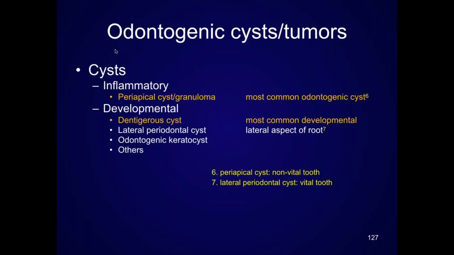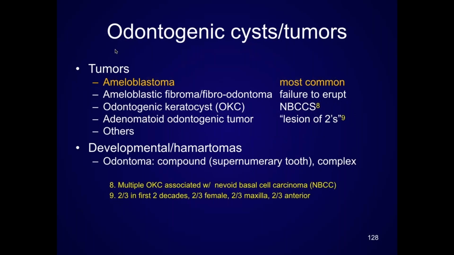All right, so when it comes to these, most of these are going to be inflammatory cysts. If they're developmental, they're most likely going to be dentigerous. As it turns out, OKCs are probably next on the list. When it comes to tumors, it's a ameloblastoma. Now, there's an area of contention in some of the textbooks because they'll talk about odontomas as the most common tumors. I would encourage you to exclude odontomas as tumors and look for an ameloblastoma when you're developing your differential